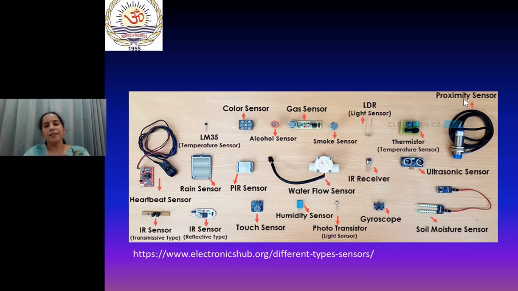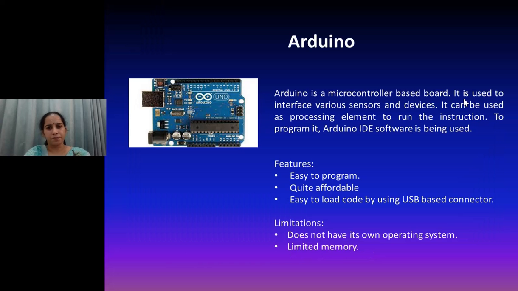In that case, I have to apply a motion sensor with the light, which is capable of detecting the motion of anybody, and accordingly it can instruct the processing element, and the processing element subsequently instructs the device. The sensor is the basic building block to make whatever action you want. Any Internet of Things is not possible without sensors.